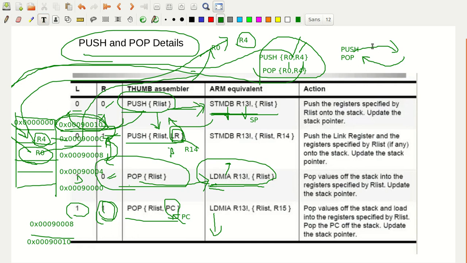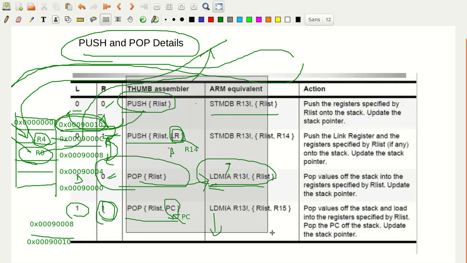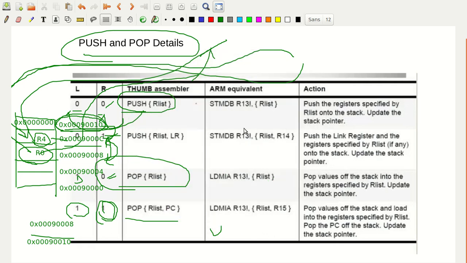Okay, so let me erase it. Okay, so let me see here. Now, what do you have here?